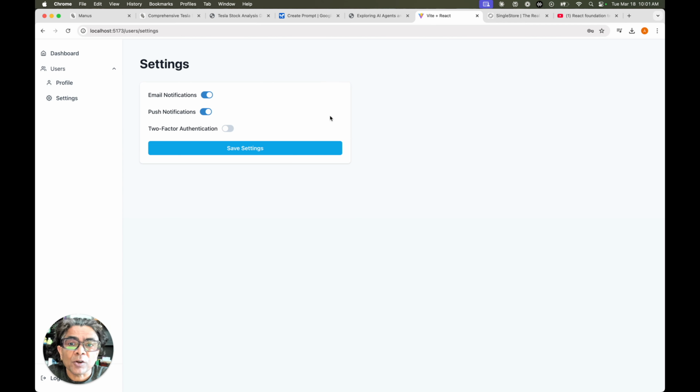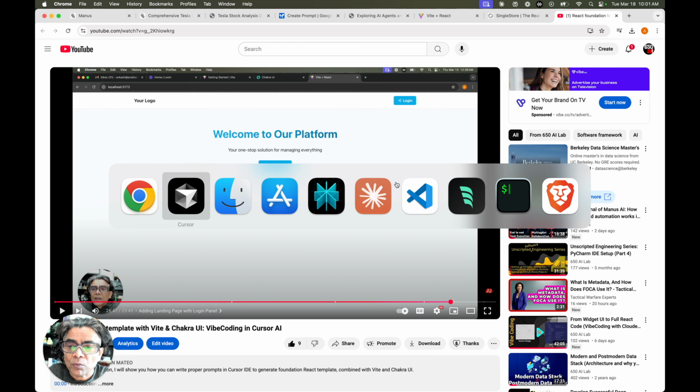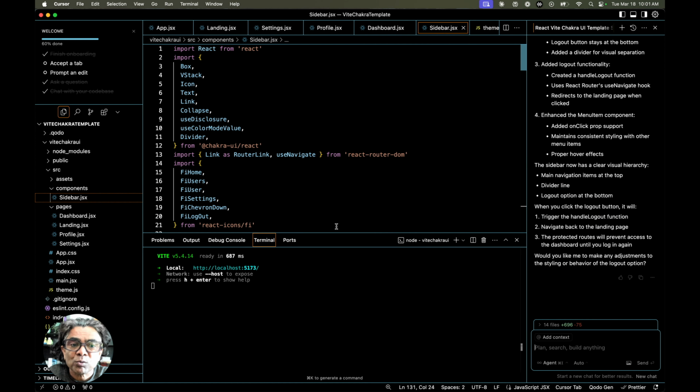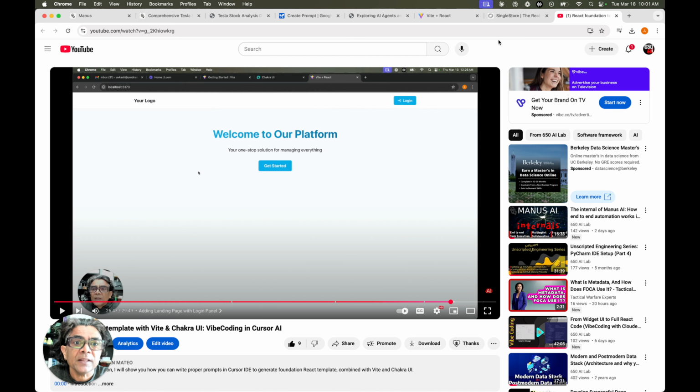So this was the project which I talked about earlier in that video, which you can look into, because this project is really needed in order to understand what we are going to do in this video. The source code for this project is still the same source code. This is the Cursor IDE which we are using, and our objective is to complete this coding based on the same concepts of vibe coding. So what we will do today in this video is that we are going to enhance